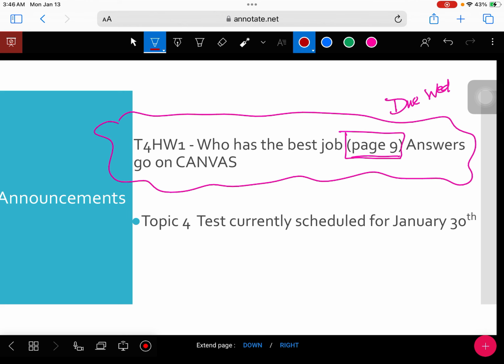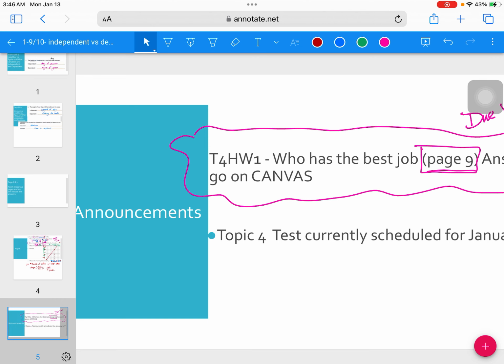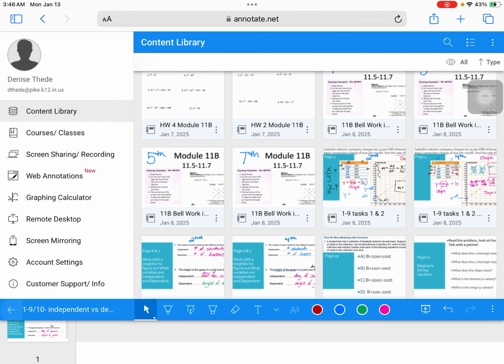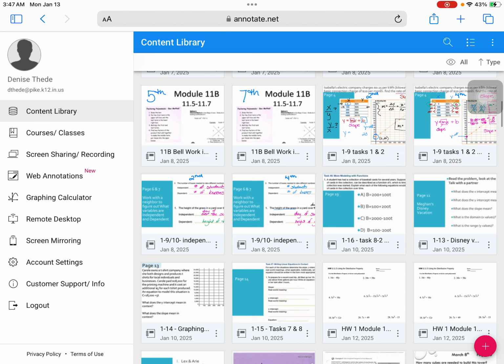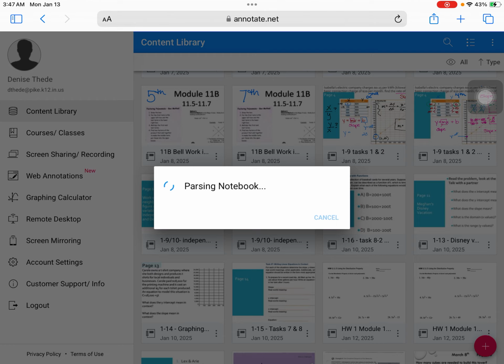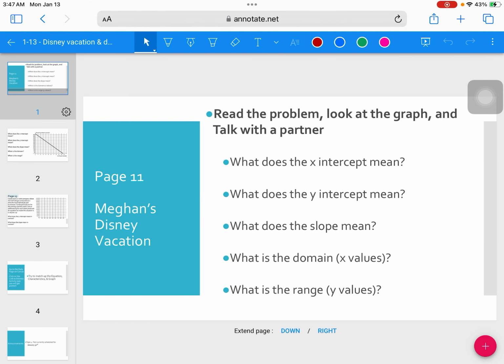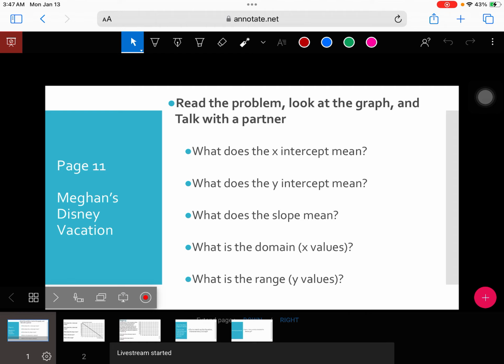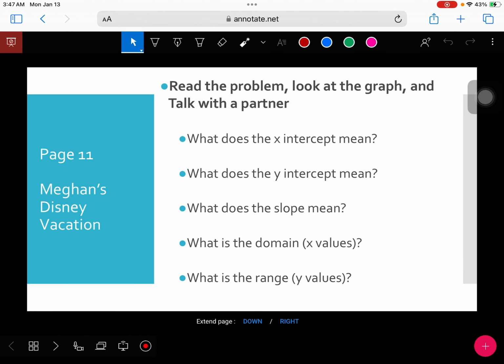All right. So let me go to today's lesson, which is on page, I think it's page 11. Okay, page 11, Megan's Disney Vacation. So the directions here say read the problem, look at the graph, and talk it out with a partner to find these different things. First of all,